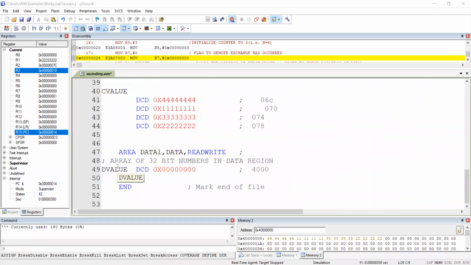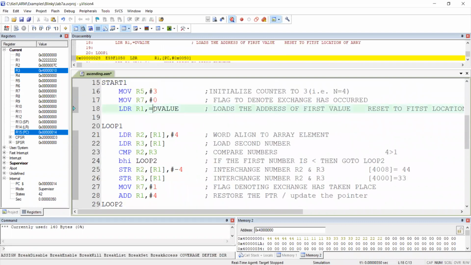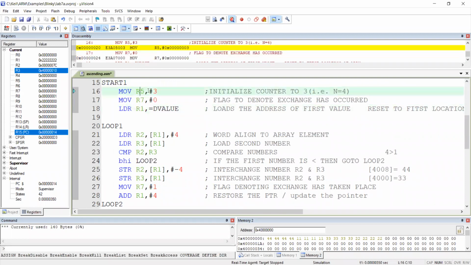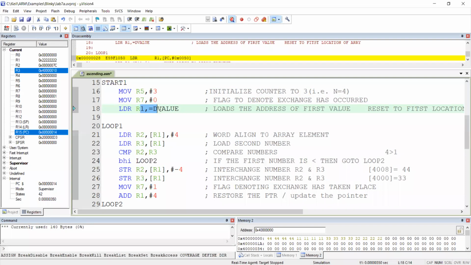You already know the address of d value, it starts from 4000. So now d value is started. Hope you understood the 3 counters I am using: one for the number of comparisons, one for a flag, and one more for the first value. You can see memory window 2, this is the d value address 4000. Okay, fine. Please concentrate now, very important.